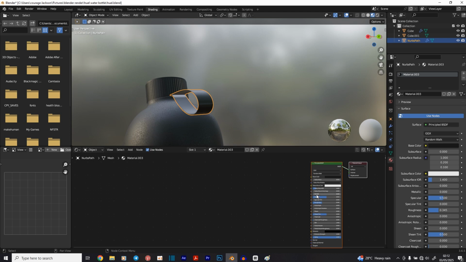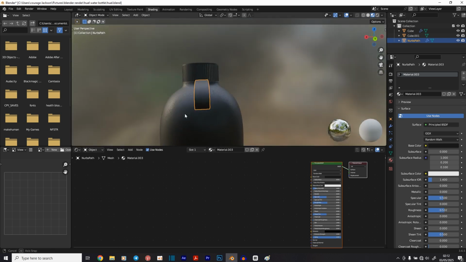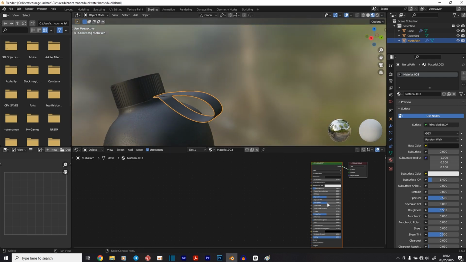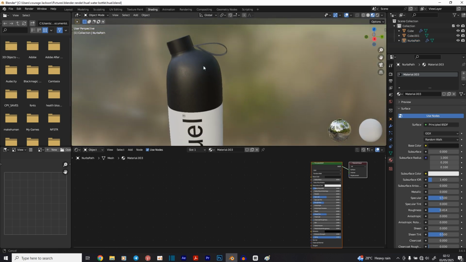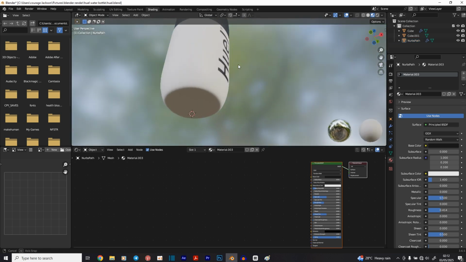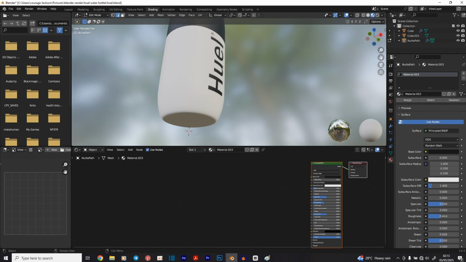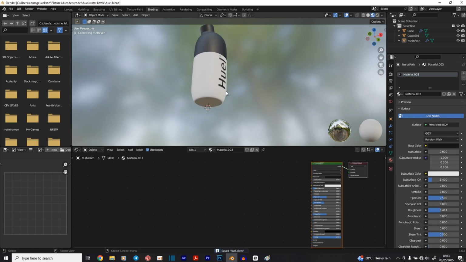I think I should, okay, let's reflection, I think. Perfect. Alright, this is okay. It's not a metal. So that is it for this modeling and texture. So what we're just going to do is a little